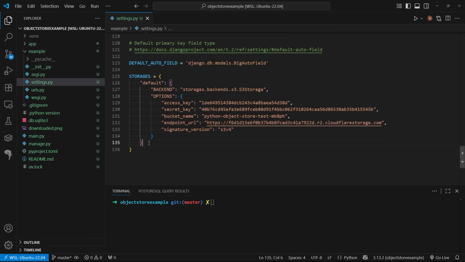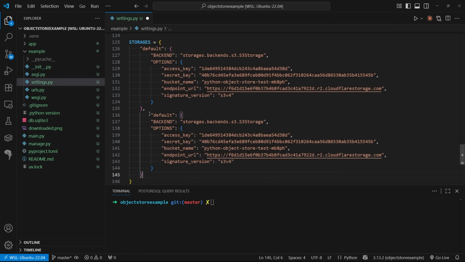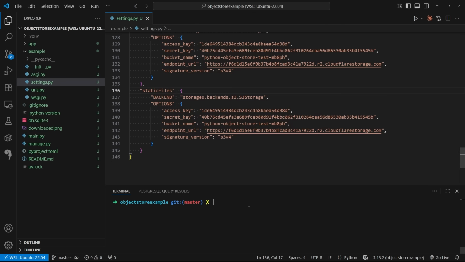But it turns out that static files are a little easier to demonstrate when it comes to this storage. So what I'll do is I'll copy this one and I'll paste it again. And instead of default, this will be static files. All right, so now that I have static files on, let me start up the app and you'll immediately see